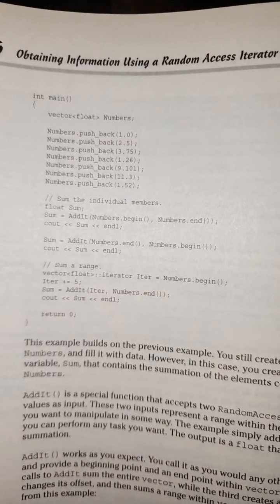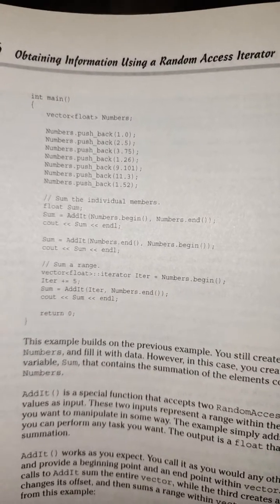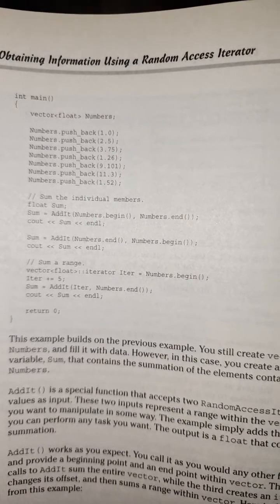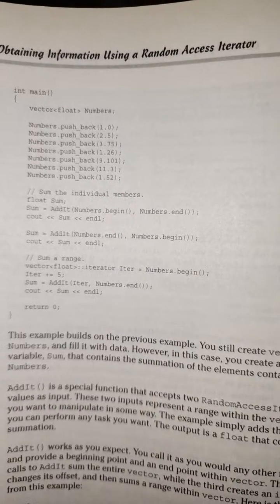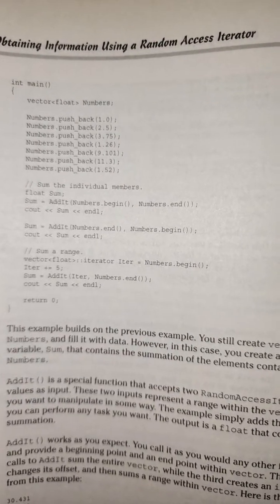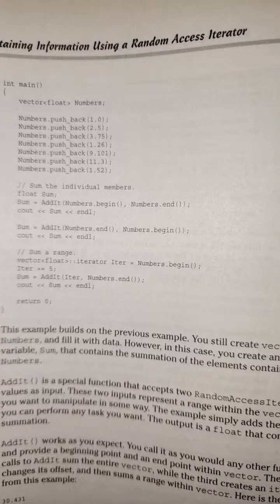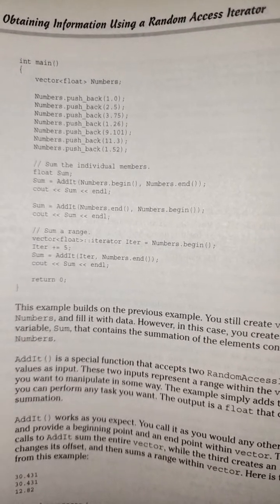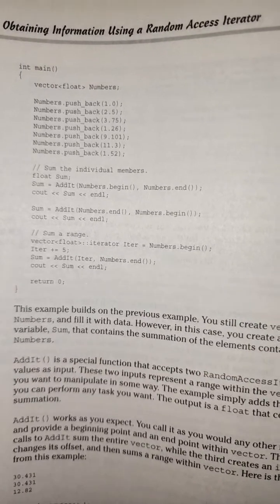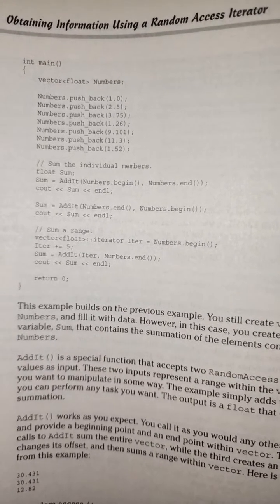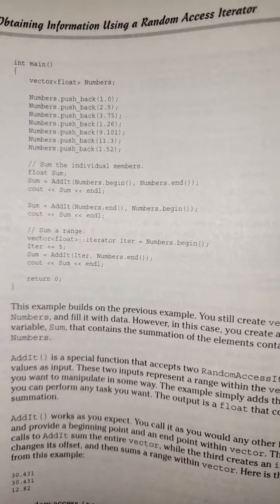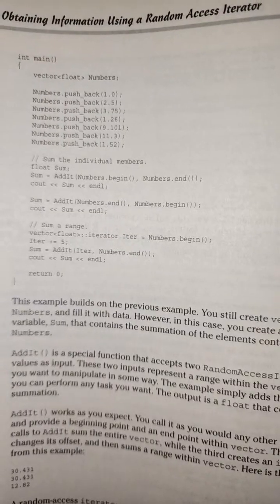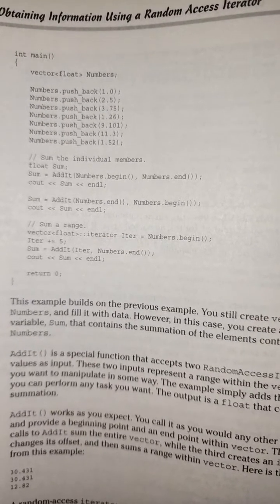Sum the individual members: float sum = added(numbers.begin(), numbers.end()); cout << sum << endl; sum = added(numbers.end(), numbers.begin()); cout << sum << endl; Sum a range: vector<float>::iterator iter = numbers.begin(); iter += 5; sum = added(iter, numbers.end()); cout << sum << endl; return 0;